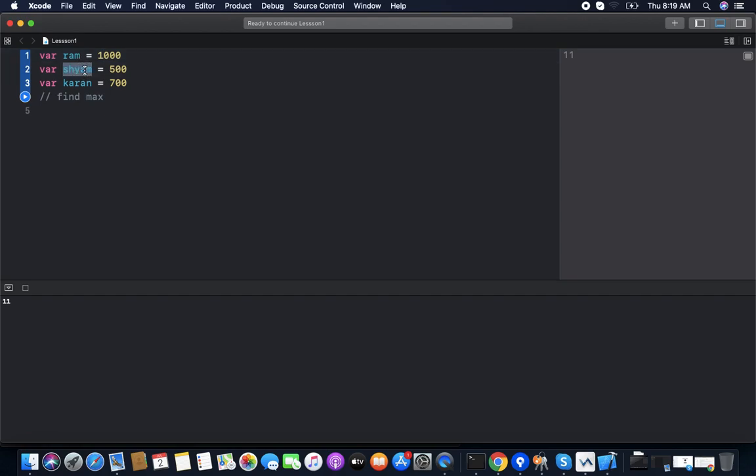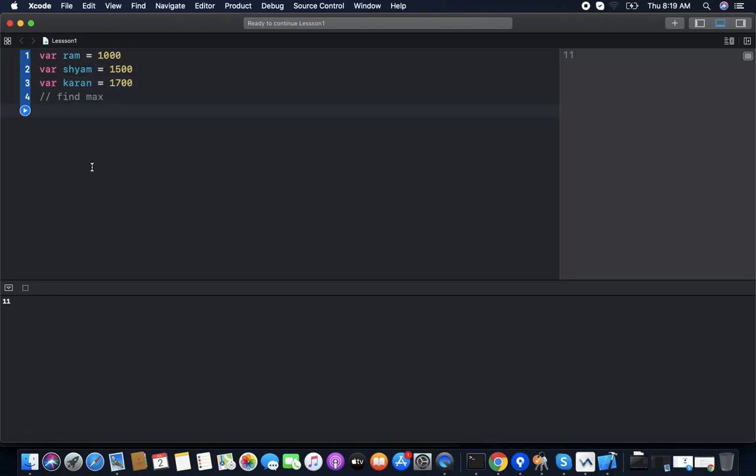If Shyam wants to be richest, then Shyam needs more than Ram and Karan. So if Shyam has 1500 rupees, then Shyam has more than Ram and Karan. Same if Karan wants to be richest, Karan has to have more than Ram and Shyam. So if Karan has 1700, then it's more than Ram 1000 and Shyam 1500.